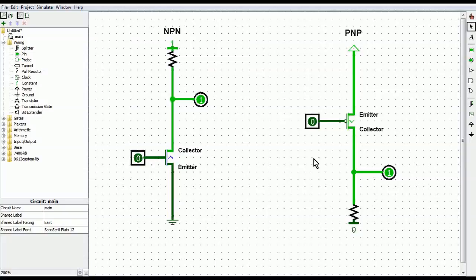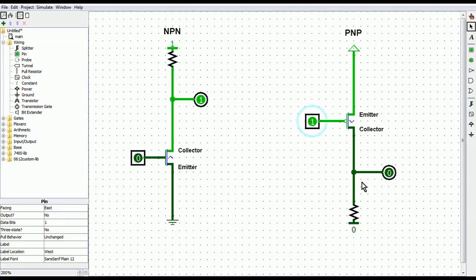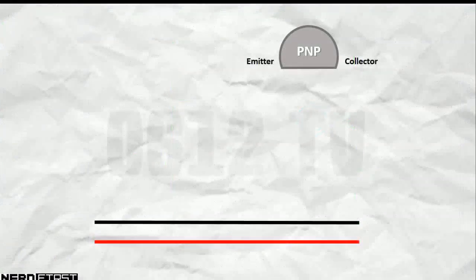convenient for us. You see, when the base goes low, our switch is basically closed, and as a result, our high can flow through. That's why our output is already 1. We of course use a pull down resistor to go to ground, so that when this switch is actually open, our output gets pulled low. So because everything on a PNP transistor is already inverted, we don't really have to do very much. The breadboard itself could be a little bit confusing, so let's take a look at this